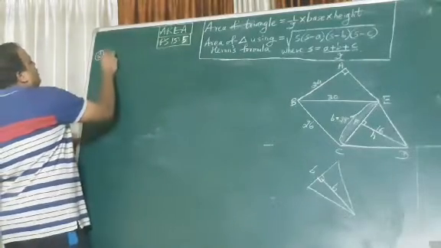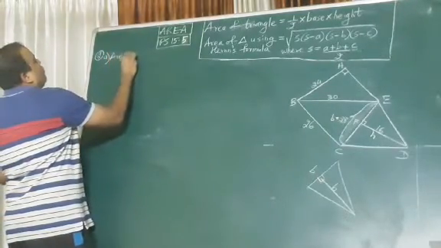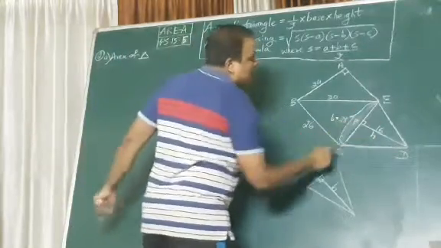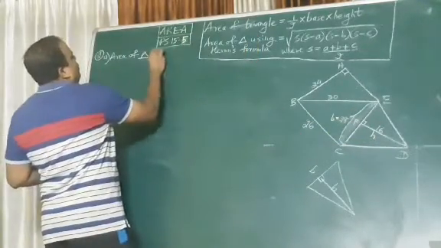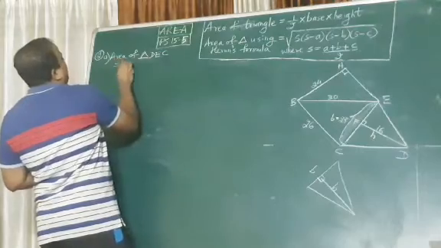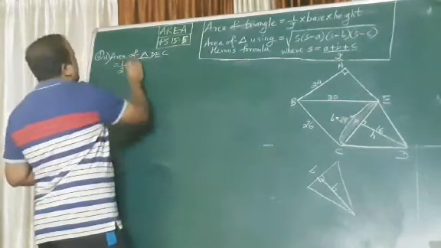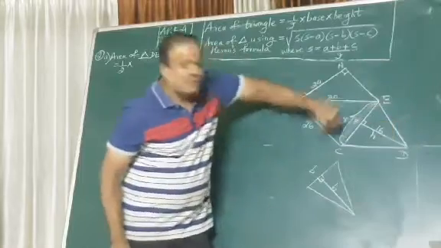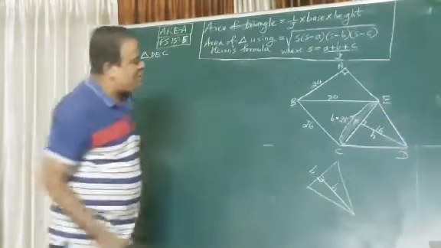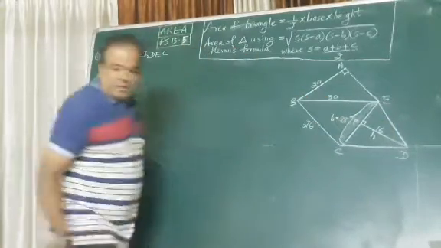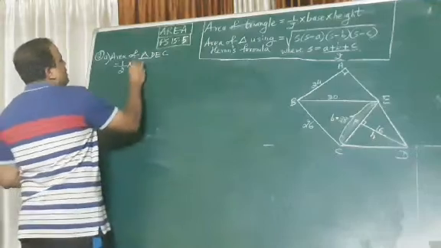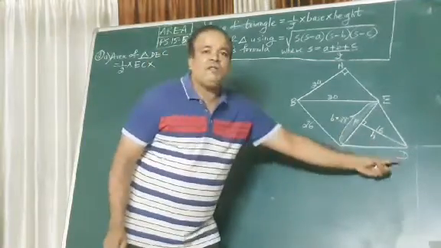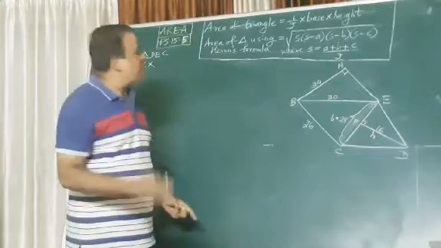So I will first find the area of triangle. What is that? DEC. Okay, DEC. Half into base. Who's my base? My base is EC, no? Because the height is touching the base. Yes or no? My base is EC. So EC is my base. So half into base EC into height. Height कौन है? Your DF. The particular perpendicular line. That becomes my height.